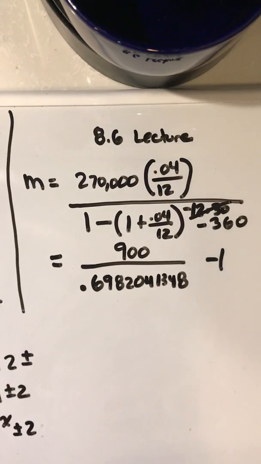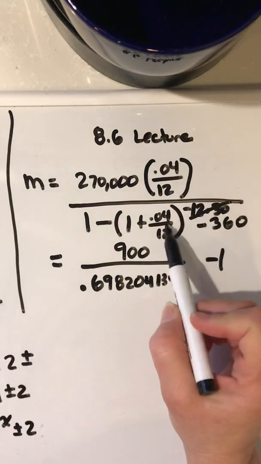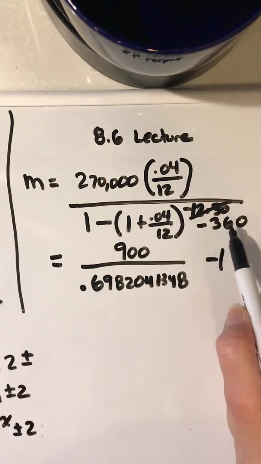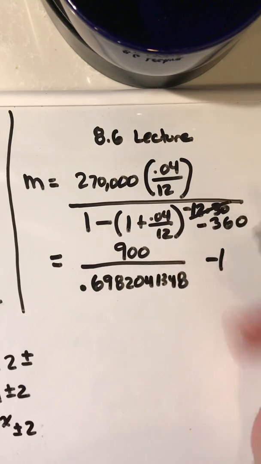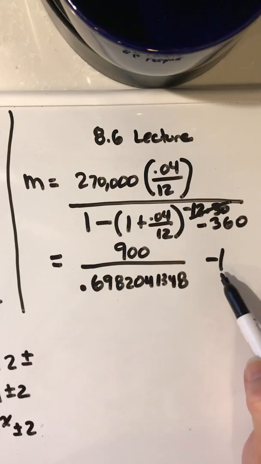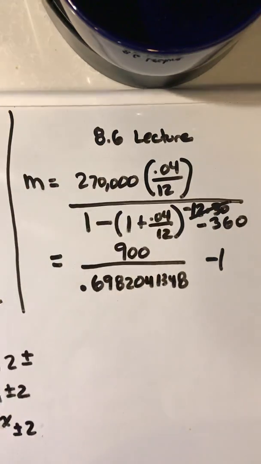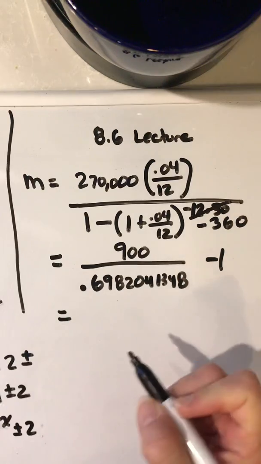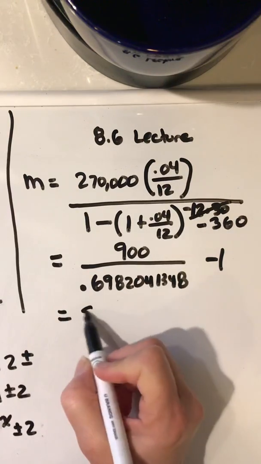All right? So don't forget, when you're doing this to the negative power, when you're done with that, then you minus 1, and that'll take care of that 1 minus, and then you change the sign, and it'll be positive. Okay, so the end result is the monthly payment will be